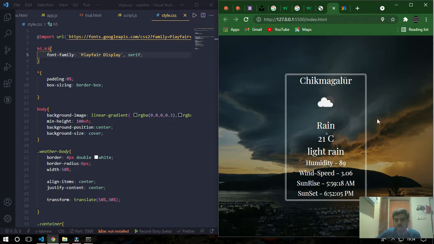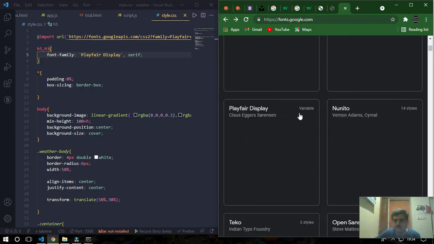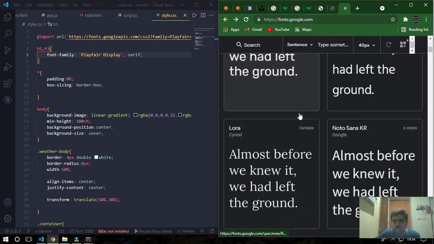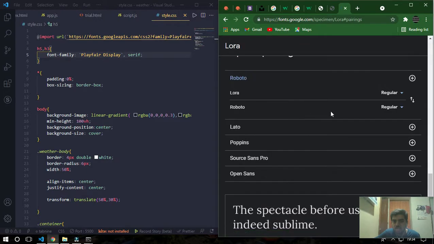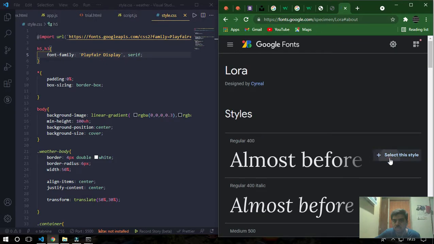You can see that this has been changed, but the integers are not looking very great, so I'll leave this and go to another font. Rubik, okay, Lora, I can just use Lora.